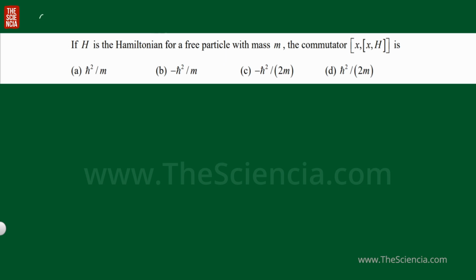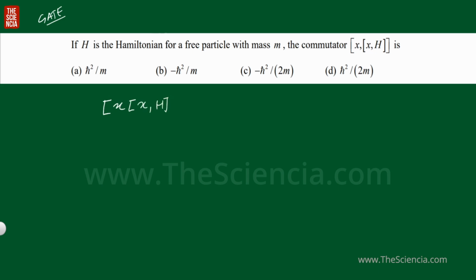This one is a previous GATE question, and actually it is a quantum mechanical problem, but we can solve this problem by classical mechanics also. If you know the relation between commutator bracket and the Poisson bracket, then you can solve it. Right now we discussed the relation between these two, so we can solve this problem by our classical mechanics ideas. See, the question is to find out commutator bracket of